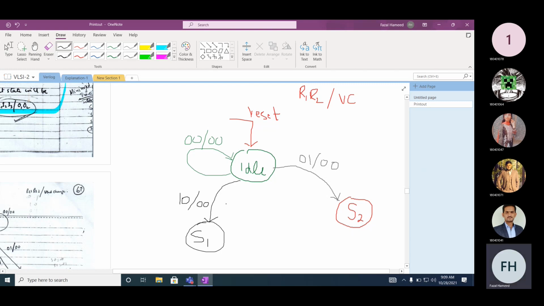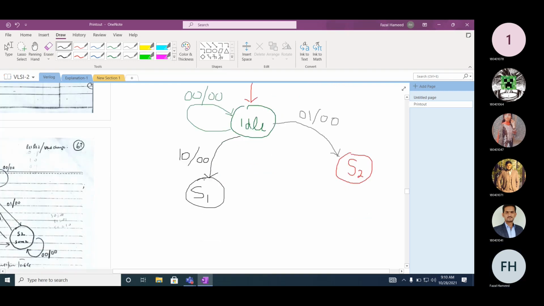There are 4 possible combinations for the inputs: 0 0, 0 1, 1 0 and 1 1. And we already said that 1 1 is not possible. This is our assumption, and we want to make the system very simplified. You can have a more complex design if you want. Now you are in state S1. The system is already in an accumulated sum of 1.